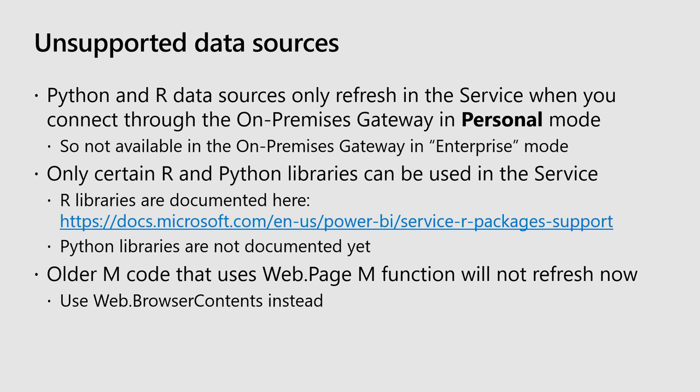So for a long time, it was flagged up that even though you were getting data from a web page, you had to go via a gateway. So you had Power BI in the cloud, you had a web-based data source, but web.page had to go through a gateway. According to my testing that I carried out yesterday evening and some last-minute preparation, it doesn't seem to